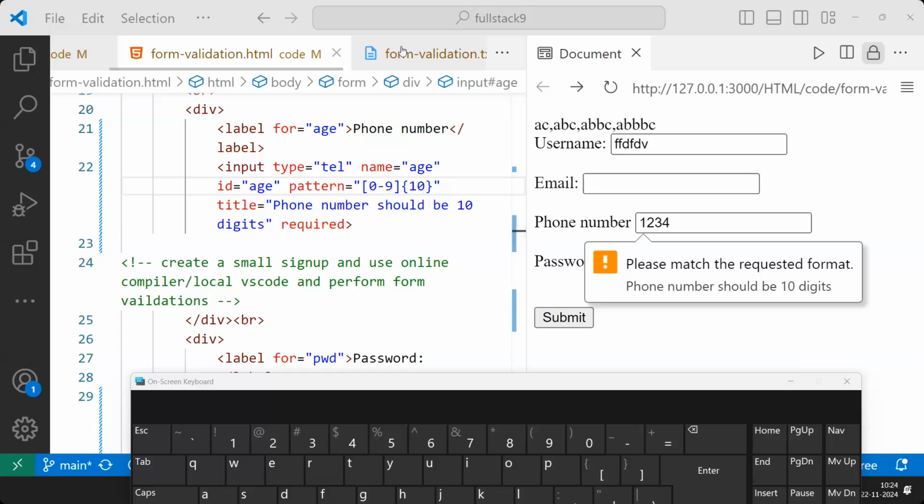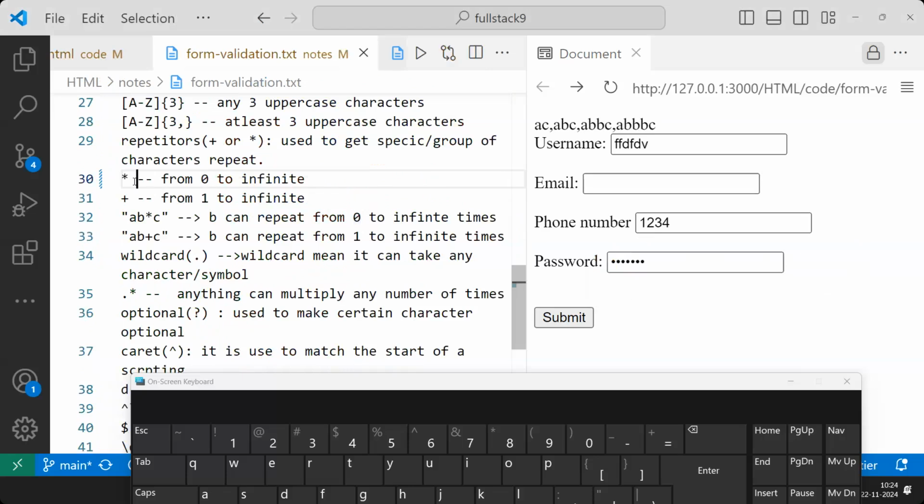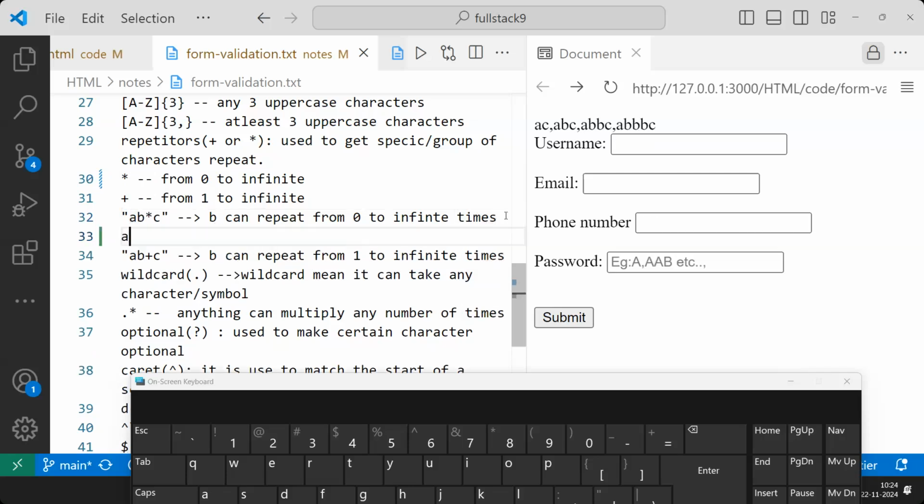If you want it more in detail, please see the symbols. You can use symbols like asterisk. Asterisk is for 0 to infinity. If I write AB asterisk C, that means B, whether it is there or not there, it will work. B can be repetitive. If I give A, C,